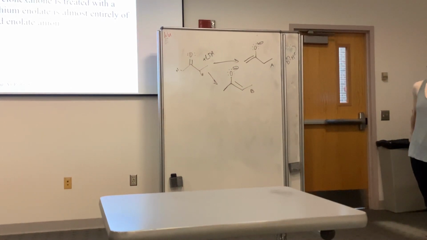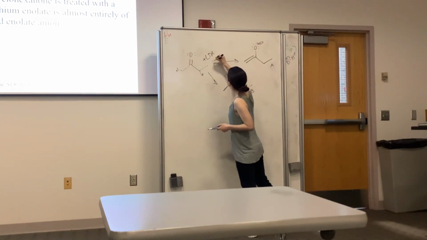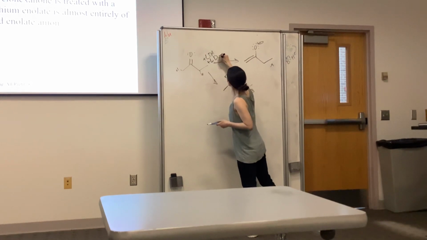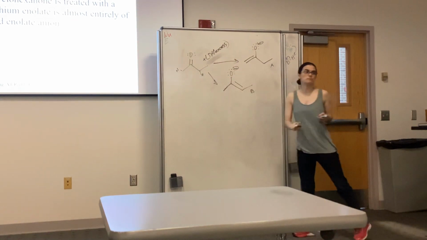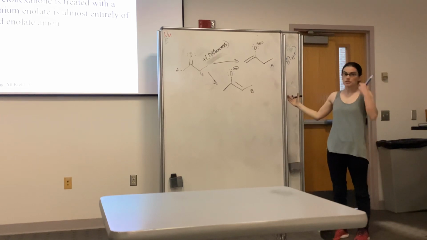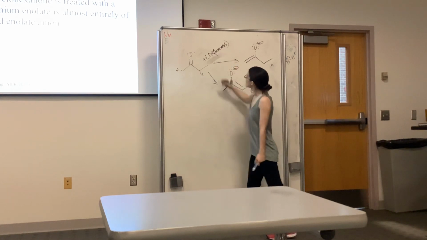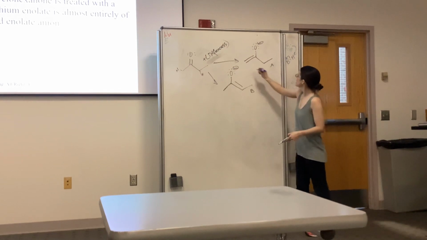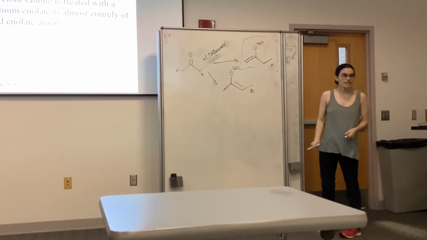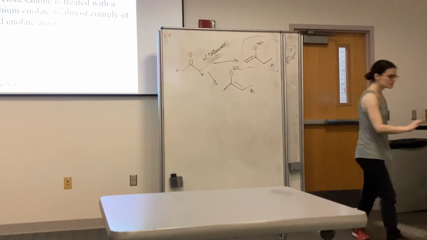But if we've got a slight excess of LDA, so let's just do excess. We don't need a whole lot of excess because we're not trying to push equilibrium. There is no equilibrium. This does what it wants. So if we have just a little bit of excess, then we use up all of this, and we end up making this guy. Why? Because this is the first one that we deprotonate, and if we have enough LDA,